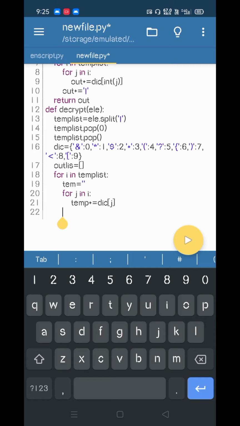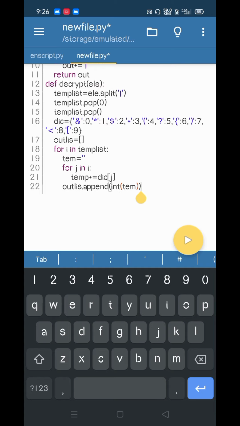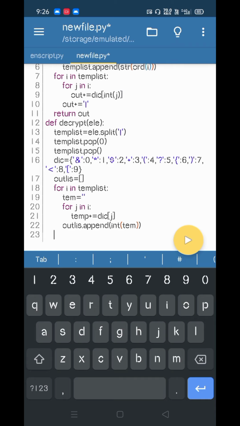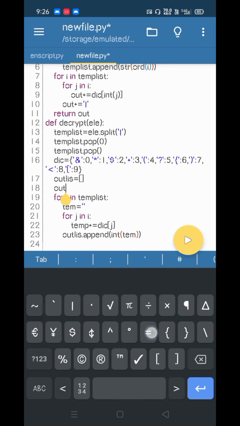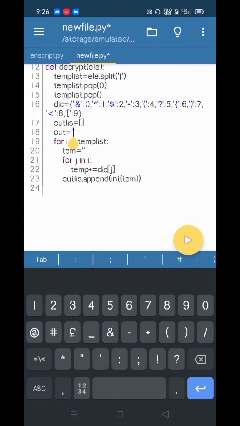After getting that, we should add to the output list dot append of int of the temp. So we get the ASCII codes of each letter into this. So last and final, that is the output. This is the variable which will store the output.